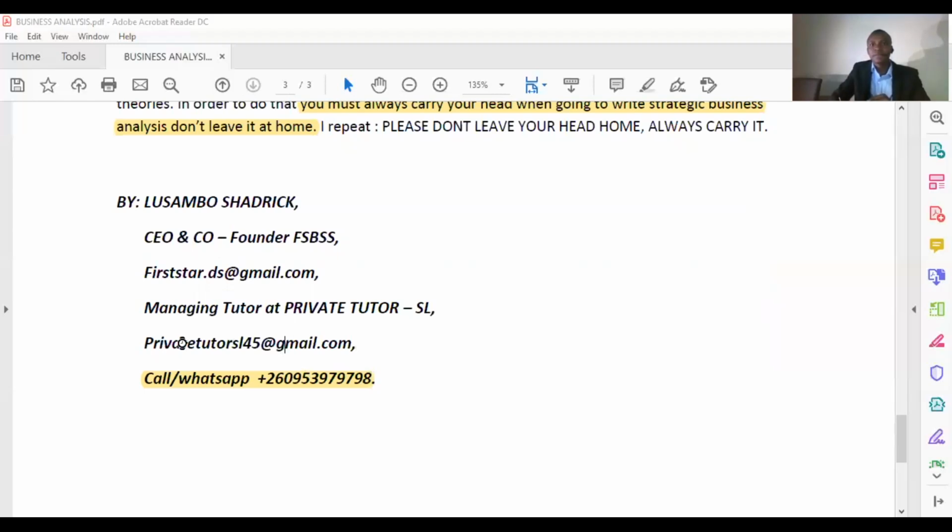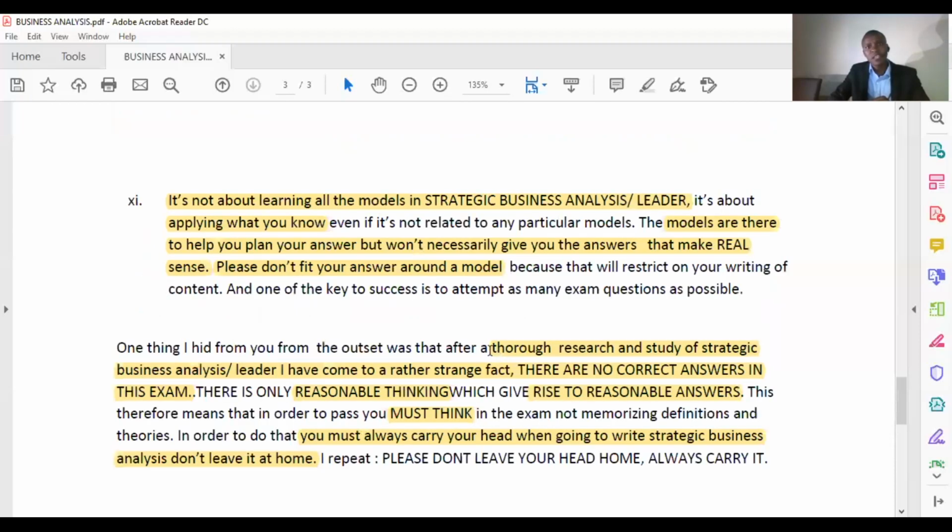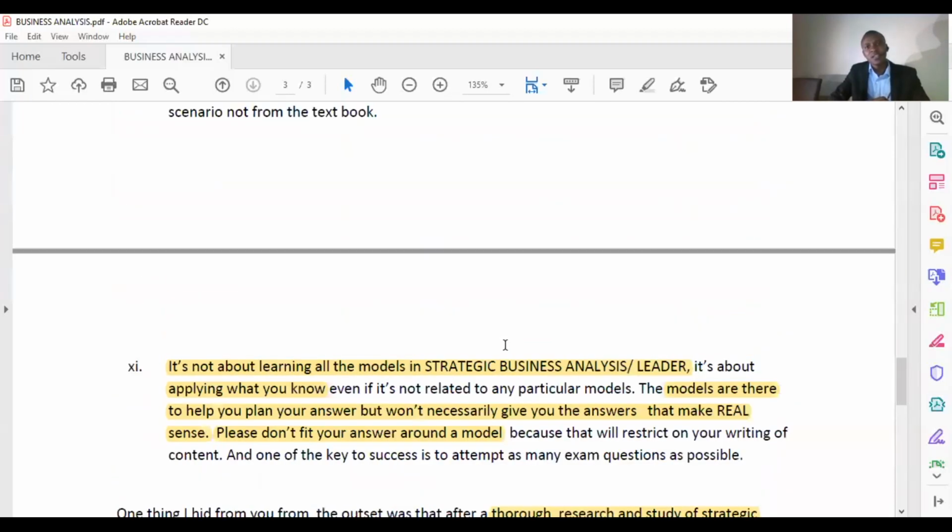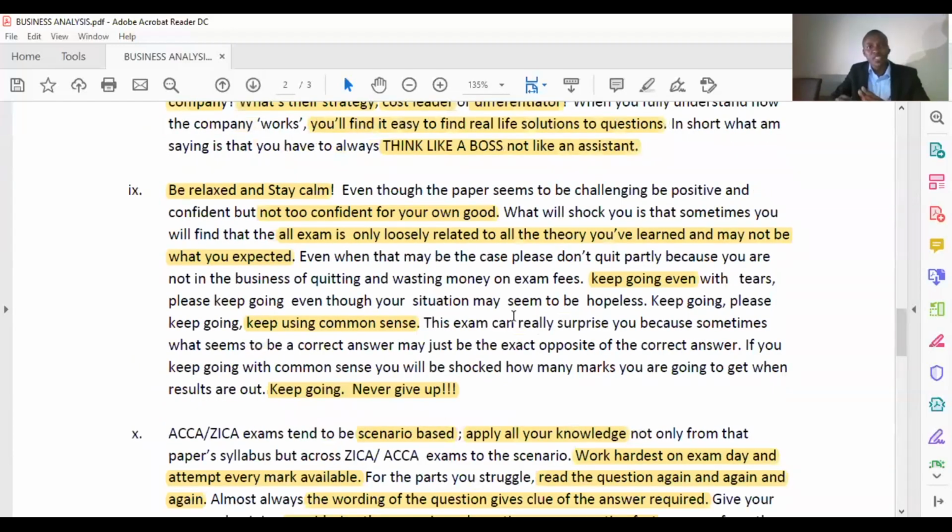Yeah. So I want to say this exam is extremely passable. It is reasonable to pass, but I don't want to pretend and tell you that it is very easy, because it is not. This exam requires you to think. If you are able to use your common sense, then this exam can really be easy for you to get higher marks.